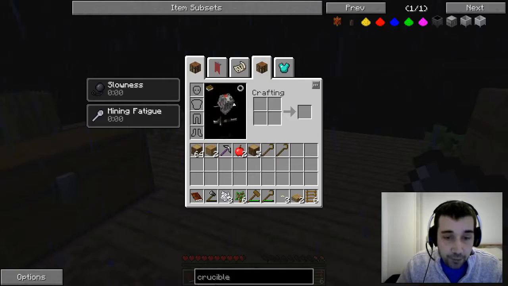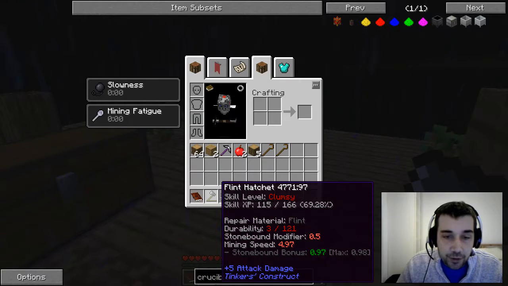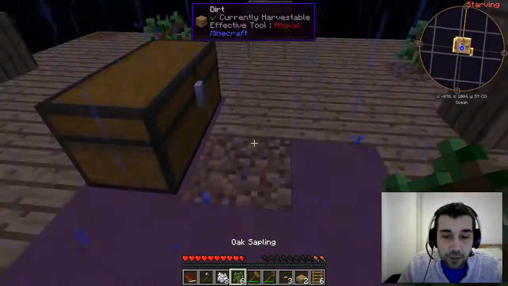The reason I want to repair it rather than build a new one is you see that it's got an experience rating. This is the Tinker's Construct leveling mod. When it levels up, it's going to get a random bonus. Now that bonus might be something completely useless like luck,